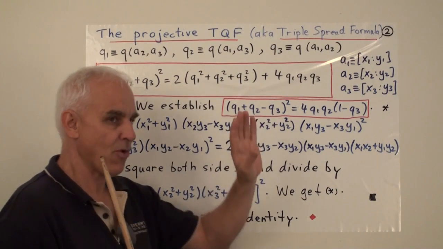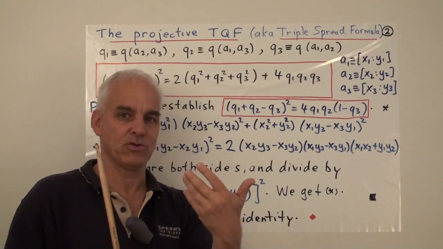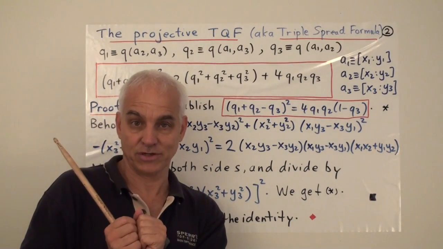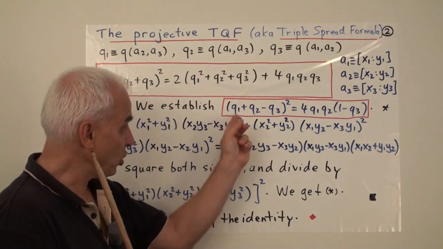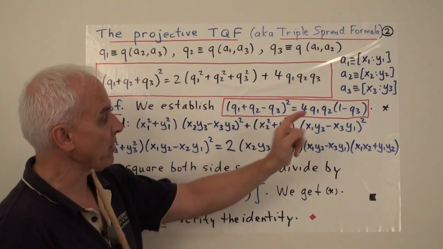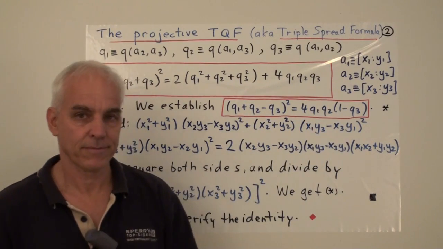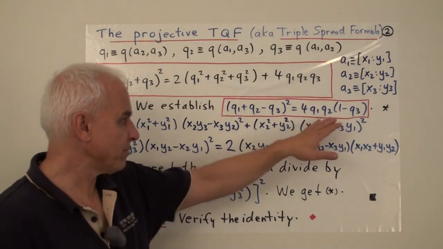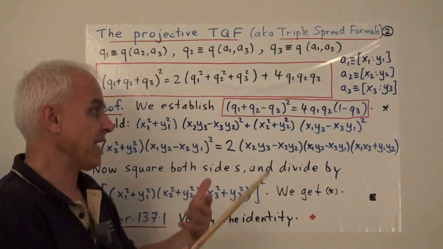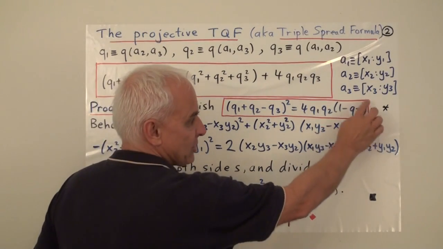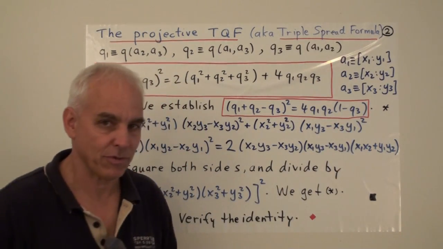We've seen this for the triple quad formula too. There's the asymmetrical version, which is a bit lopsided, but is actually more efficient or shorter. Okay, and that's (Q1 + Q2 - Q3)^2 = 4 Q1 Q2 (1 - Q3). This makes it also quite clear that it's very close to the standard triple quad formula. If you just remove that last term there, you just get the usual triple quad formula.